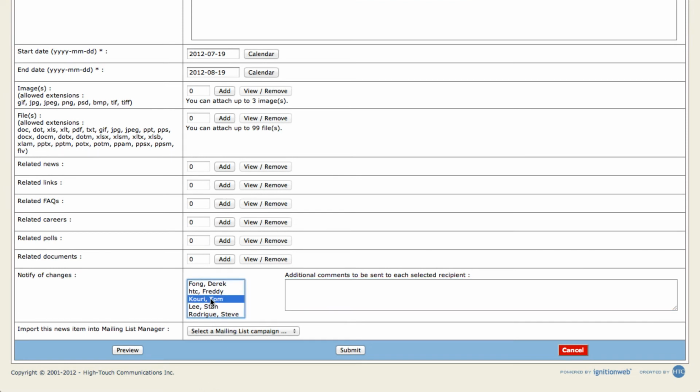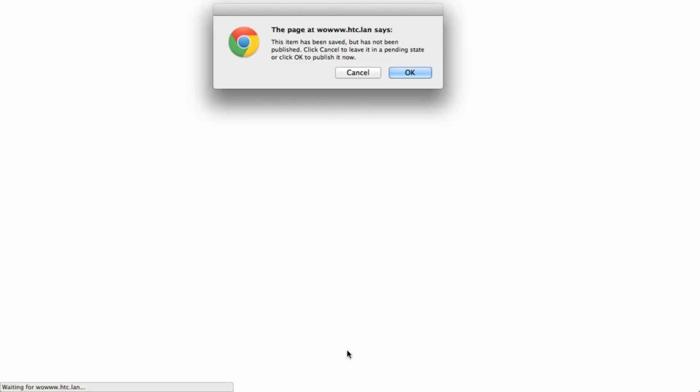Collaborators do not have access to Content Status Manager and therefore are required to notify other administrators that content has been created or modified and is ready for review, approval, and publication. When a collaborator submits an item or article that may require approval before publication, they will be prompted with a pop-up. Clicking Cancel will move the item to the pending submission listing, while clicking OK will publish the item or